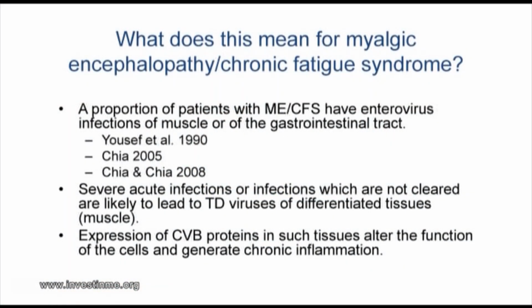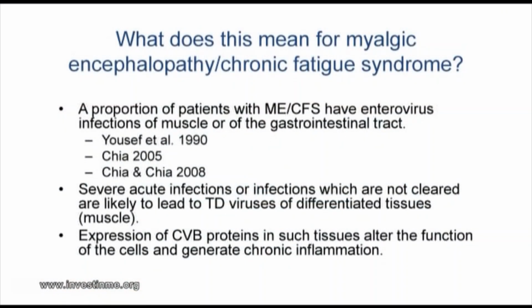Okay? So what does this mean for the disease? We know that a lot of people with ME/CFS have infections of muscle or the gastrointestinal tract. Dr. Chia is going to be speaking after I, and he's done a lot of work showing people are actually excreting virus. But of course, muscle biopsies had actually indicated the presence of enterovirus in these patients as well. Severe acute infections are likely to lead to this type of